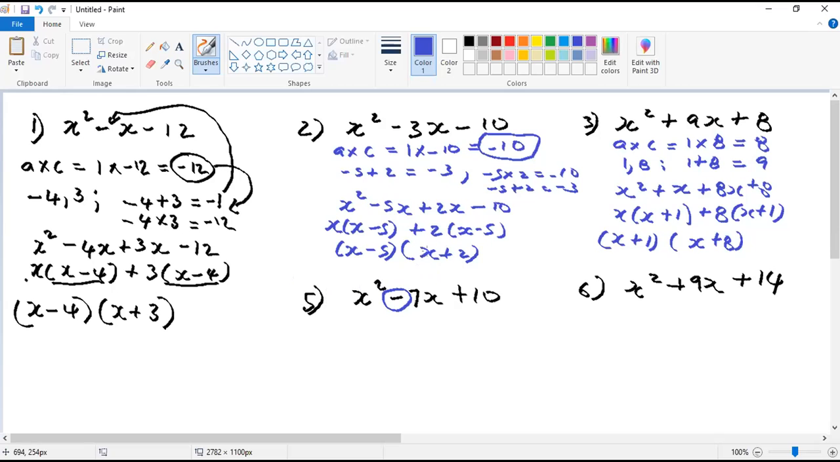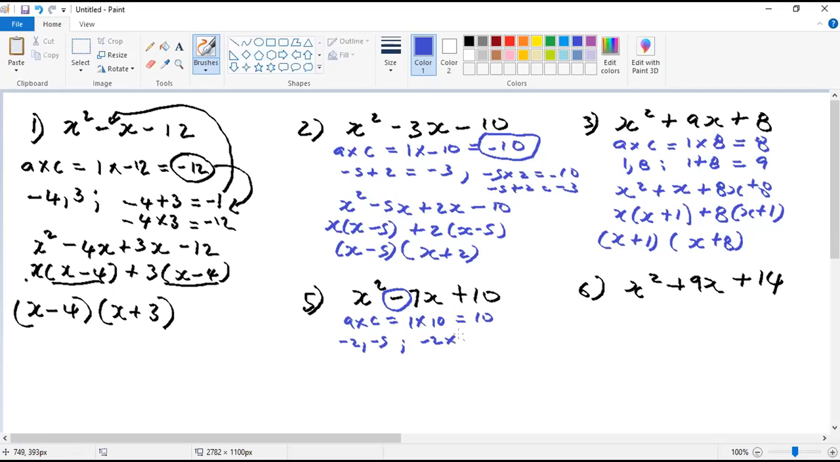So negative times a negative gives you a positive. Two negatives, great. So let me write that now. AC, A times C is 10, which we know is 10. So nothing special there. And then we know that if we use factors negative 2 and negative 5, right? So this gives us